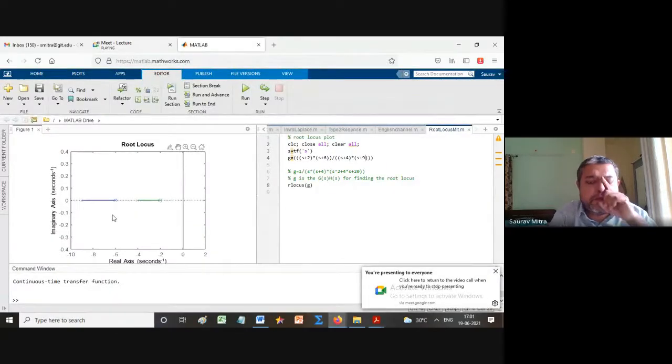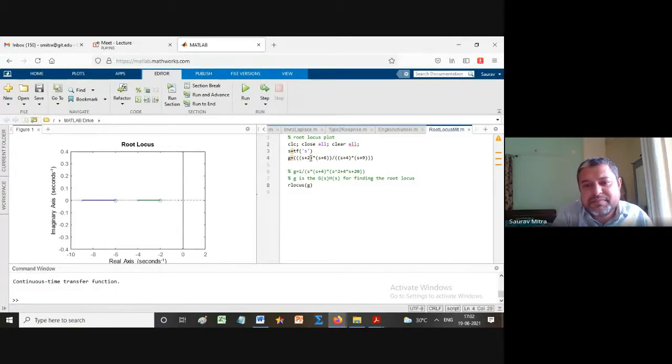This is the easiest pole-zero plot I can ask you. So they can ask this also. It is starting from a pole, ending at a 0. It is starting from a pole, ending at a 0. This is very easy. So there is no breakaway point in this, nothing. This is the easiest root locus I can ask you.